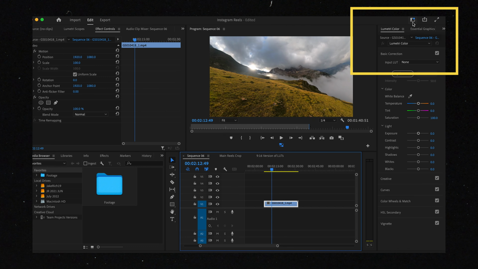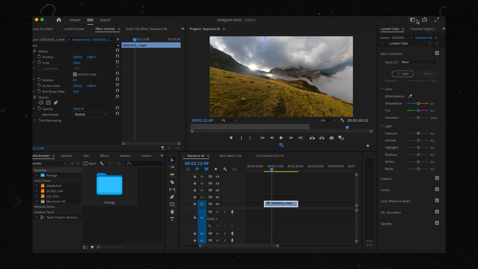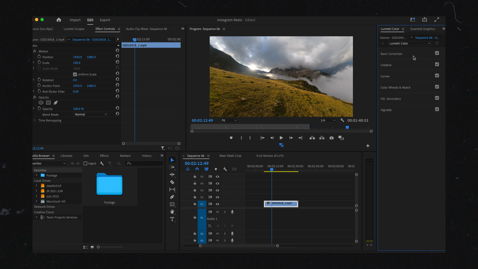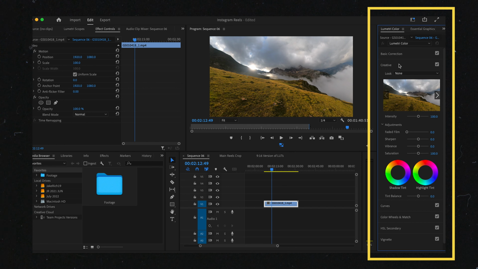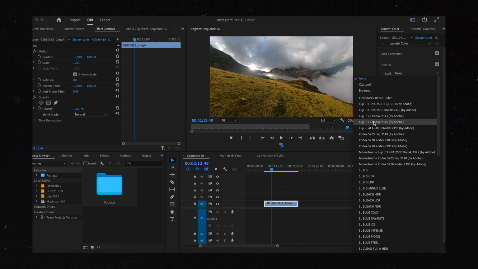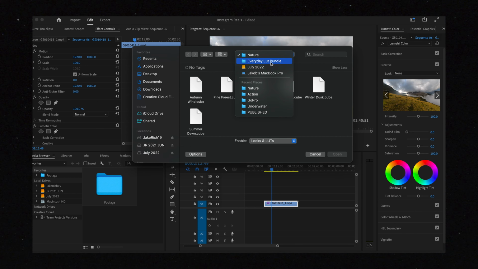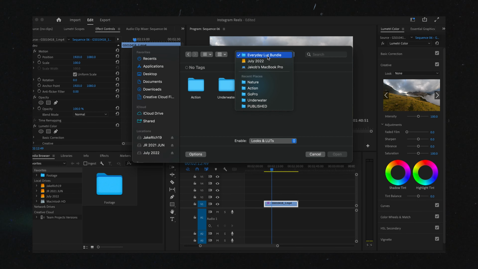Running you through how to apply our everyday LUTs to your videos in Premiere Pro. So we are using Adobe Premiere Pro version 2022, and in the top right hand corner, you can navigate your way to the color window. Now once you're in the color window on the right panel there, it's best to go to the creative tab. Clicking on the drop down and you will notice a bunch of different options. There are already Adobe Premiere Pro preset lookup tables, but let's click on browse and head to our everyday LUT